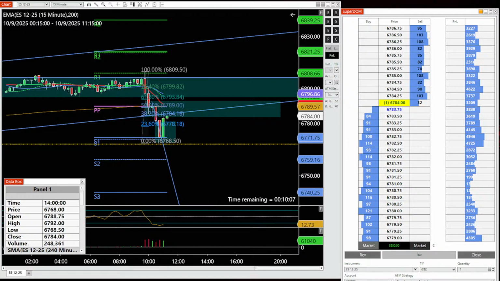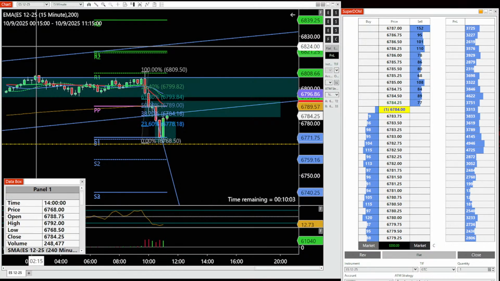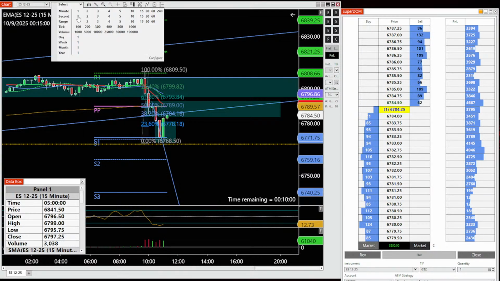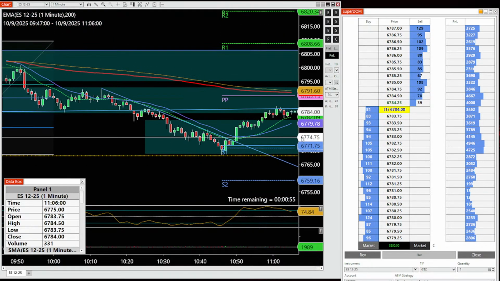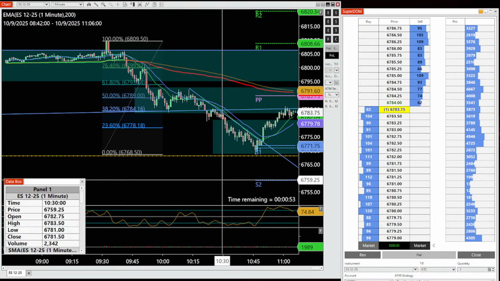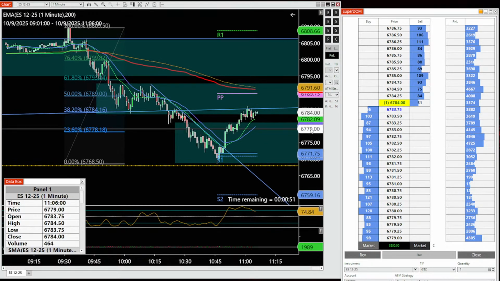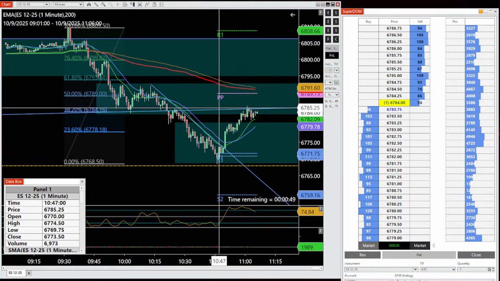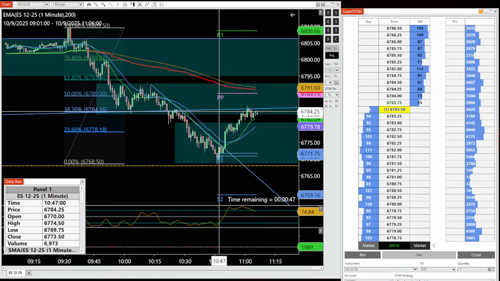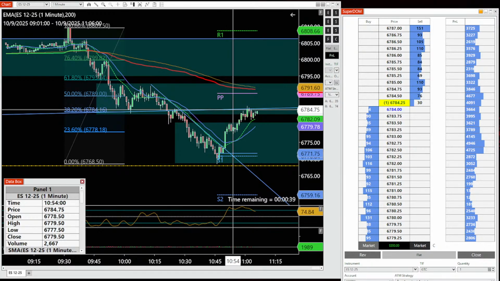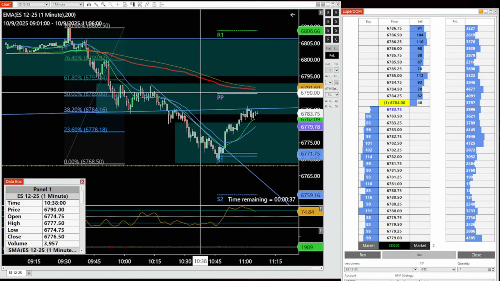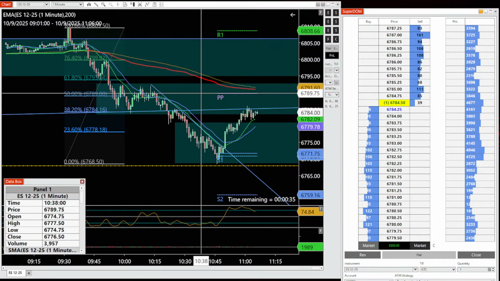So we're just here ranging. We're just here ranging. Looking at the 1 minute, just here ranging. Next stop 89, if we get above this trend line, next stop, which is